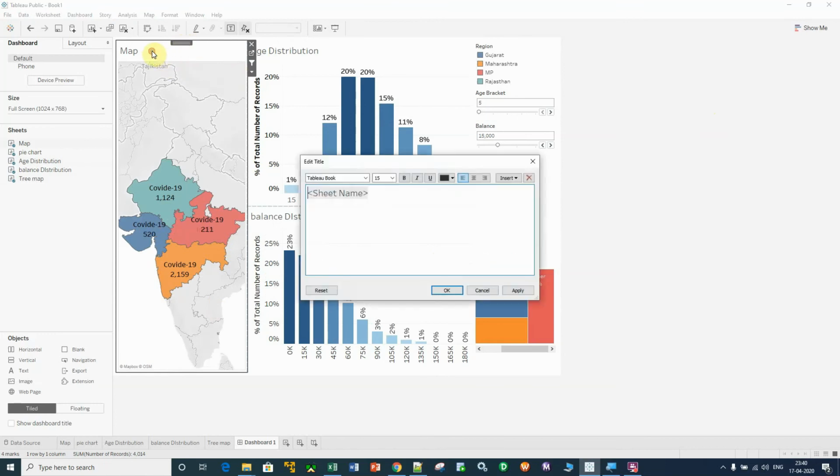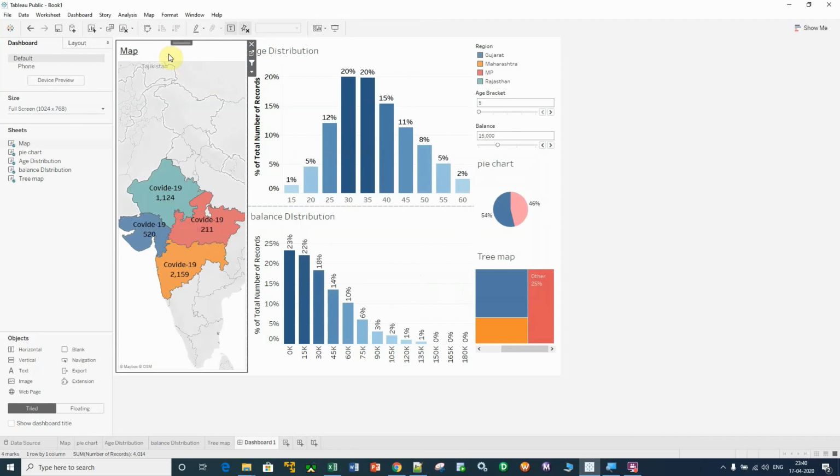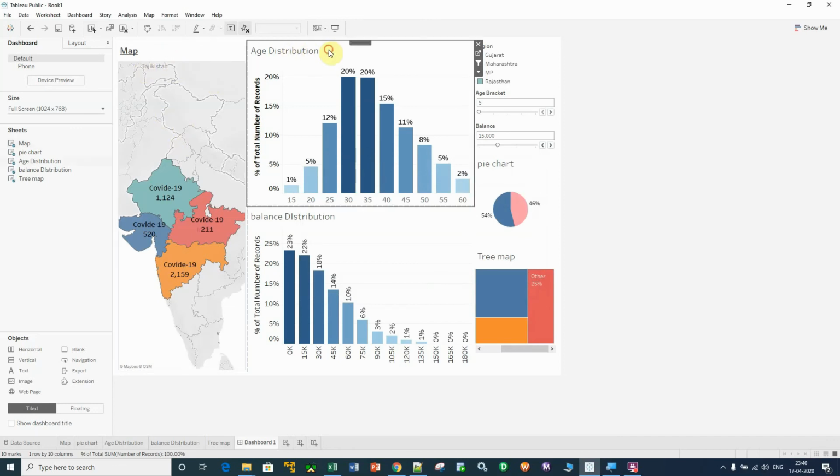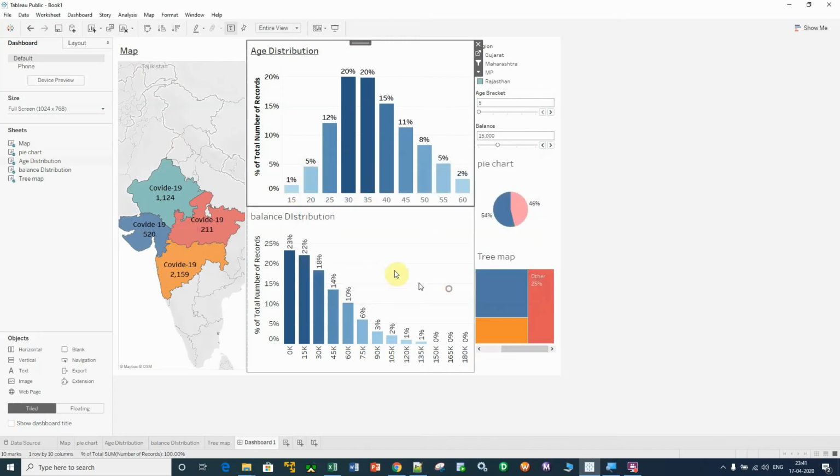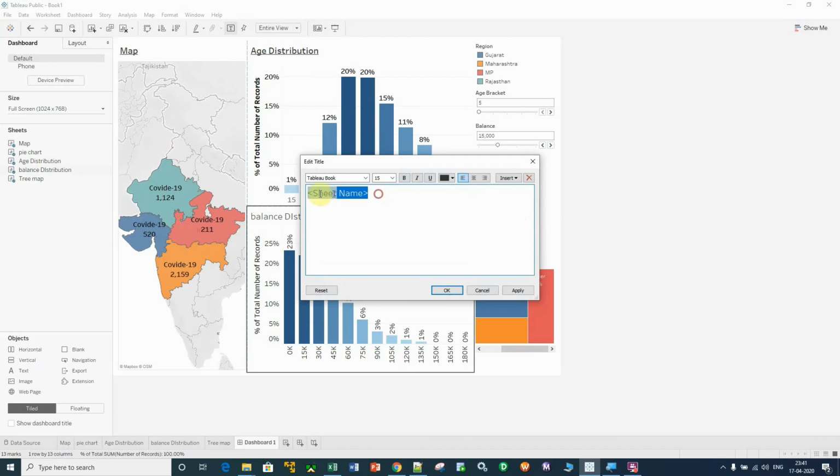So let me format it a bit. Just double click here and make it bold, make it underline and 15, right? Here also make it bold, make it underline, apply and OK. Same thing here.